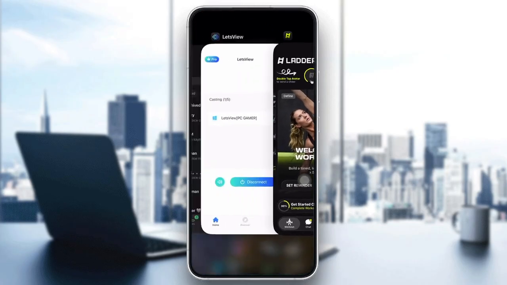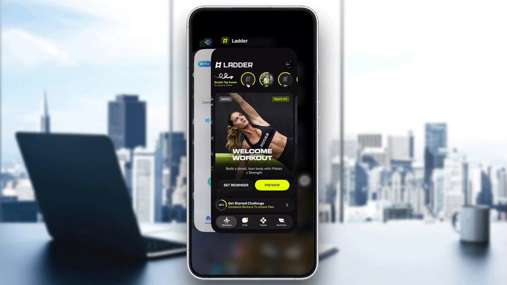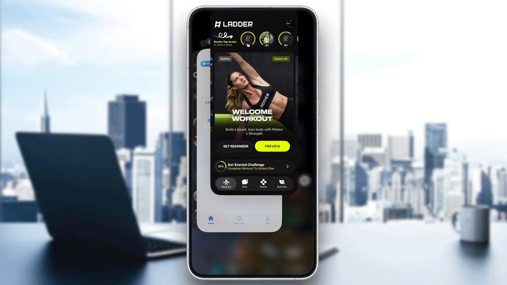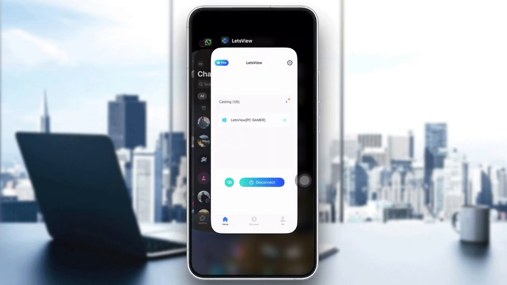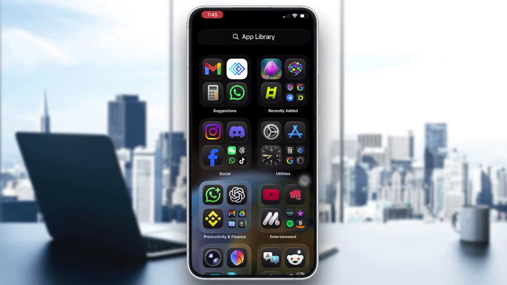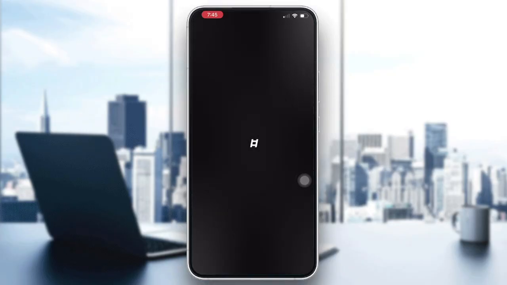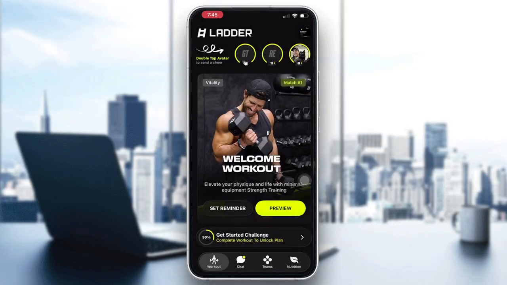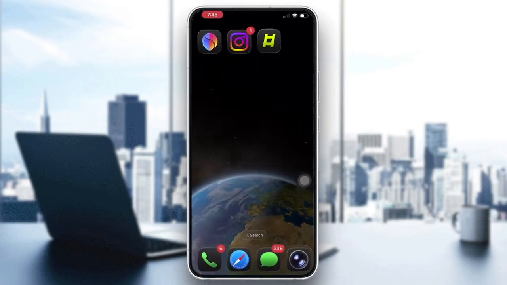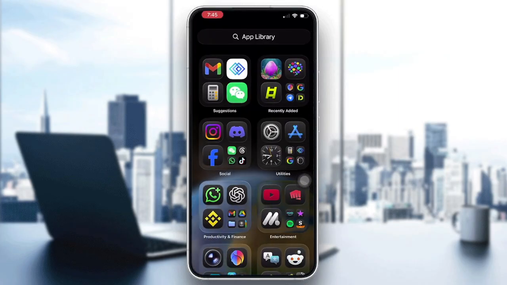So just swipe up from the bottom of your iPhone and then find Ladder here and swipe it away completely, or swipe up too and then just open it again. Okay, even guys, you can restart your phone, so temporary iOS memory issues can cause crashes when loading history or logs. And also guys, they really advise you to do an update for the app, so just go with the